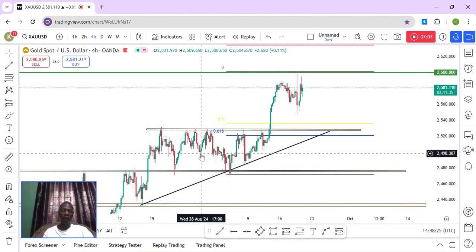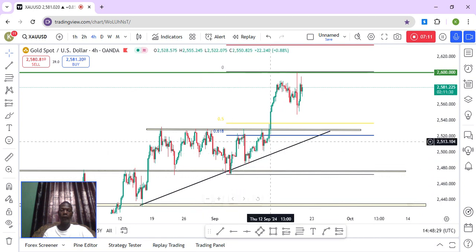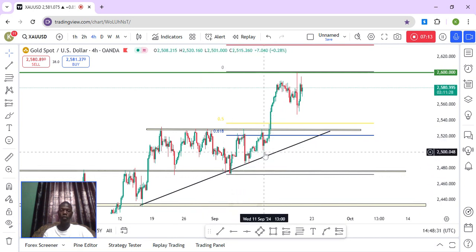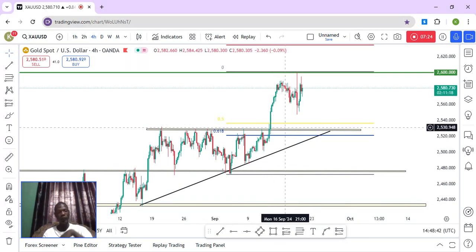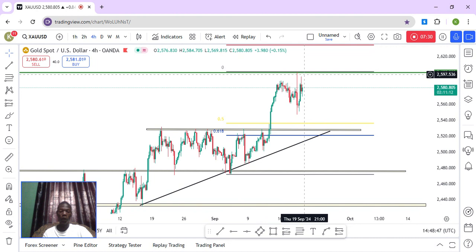So this is a left shoulder, head and right shoulder. I was supposed to enter from here, but I wasn't seeing the pattern at the time. I saw the pattern around there, and you guys know I can't enter from there. It is half of the market already. So I was waiting for the market to come back and retest on this level here. The market didn't do that, so it just spiked all the way to the upside.